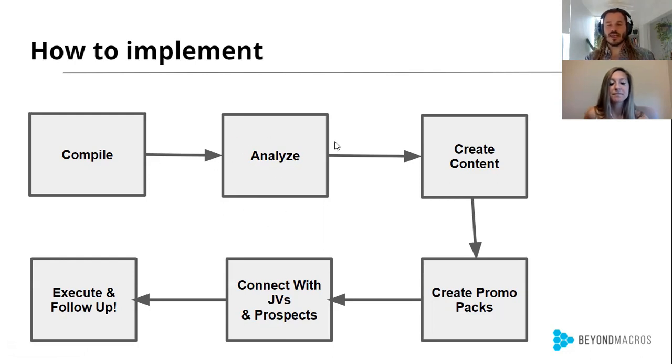And then once you've actually analyzed, you want to create your content strategy and your promotional strategy. You want to strategize how you are actually going to deliver this: your promo packs, your content for promoting it, as well as the content for the conversion event itself. All right. From there, again, creating your promotional packs, connecting with the JVs, the borrowed audiences, and starting to actually put the promotional content out and connecting with the prospects who are interested in the conversion event. And then from there, you execute. You run the conversion event, you give them an amazing experience, and then the fortune is in the follow-up. Okay, so do not sleep on the follow-up.